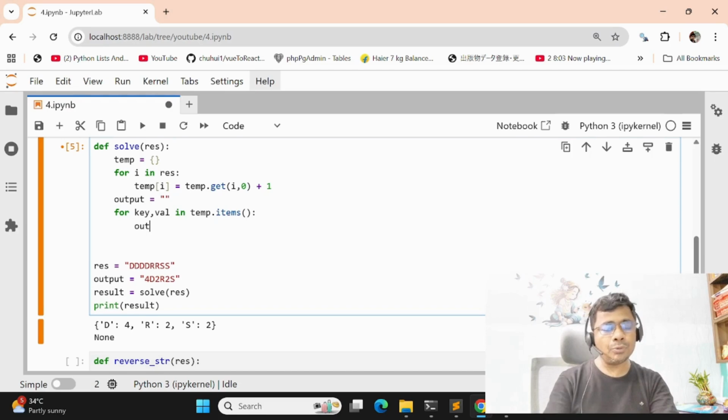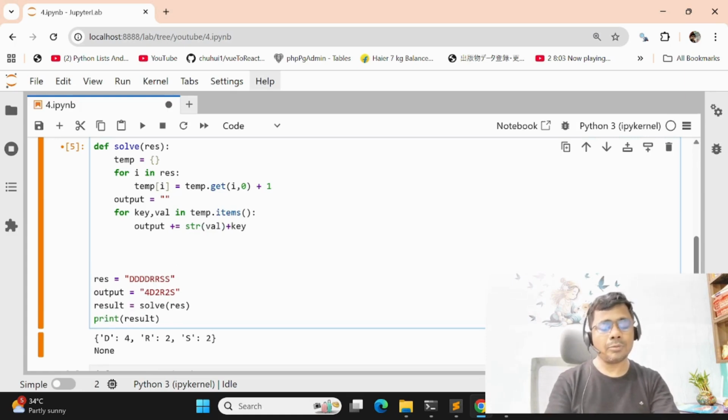Then output plus equal to first the value, as a string, plus the key, because first we need to print the value, then the key.